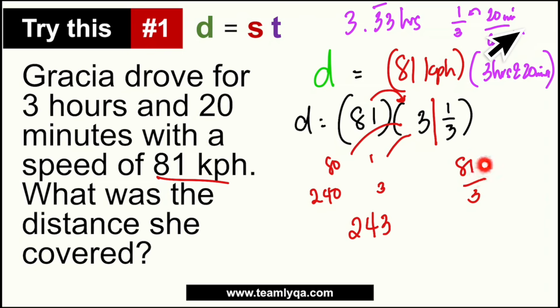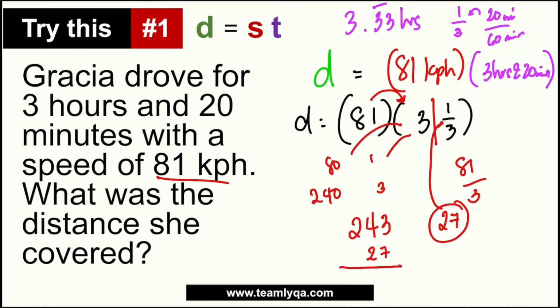So, ibig sabihin, ito kaya ko tong i-mental math. Okay? Now, kung medyo tricky siya, may mga decimal na lalabas, dun ko na ima-manual. Pero pag ito, kayang-kaya ko naman to i-divide mentally, then I would do it mentally. So, 81 divided by 3, that is 27. Tapos, yung 27 na yon, imumultiply ko lang sa 1. So, 27 times 1 is just 27. I-add ko lang yung 27 dito. So, now I have 270. So, the answer is 270